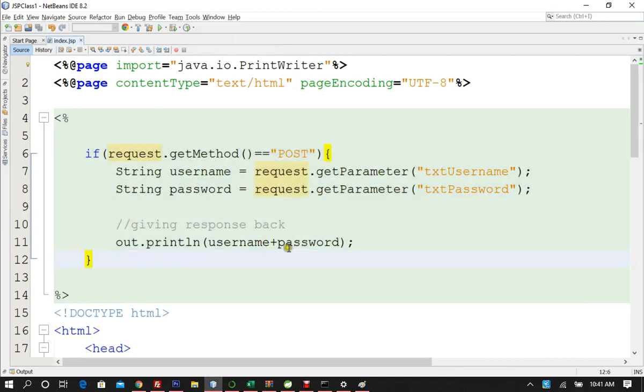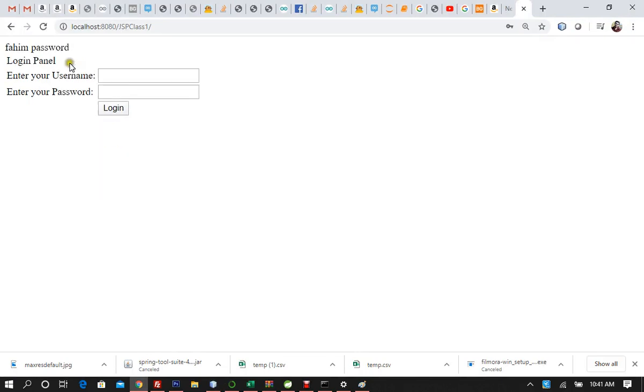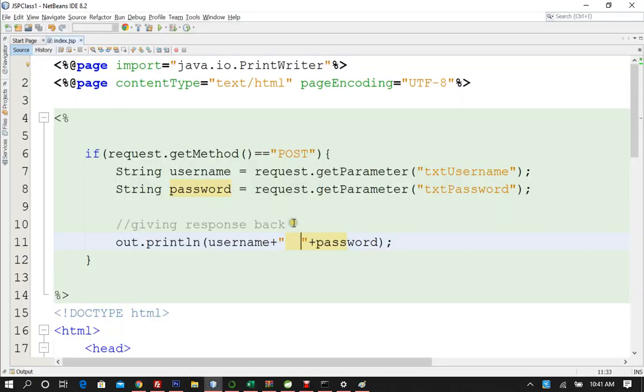And if you want to see it, let's concatenate the username and password. Let's give a bit of space by concatenating them to see the username and password. It's coming: Fahim is my username and password is password. So now it's working fine, and on get it's not doing anything. On post it's taking them. The second thing that we are going to do here